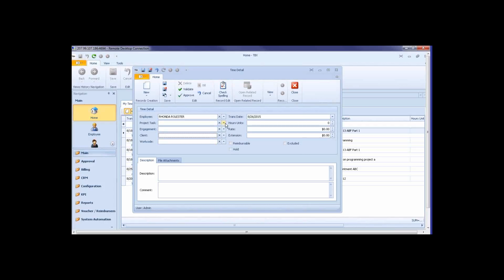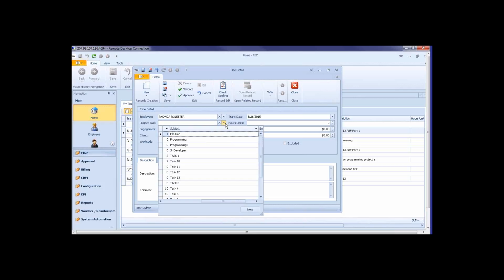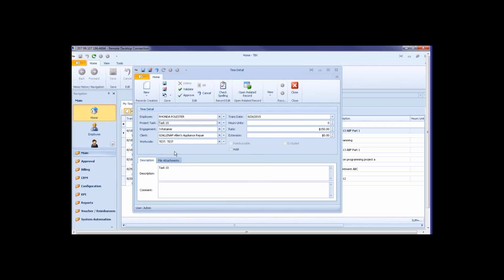And what Project Task does is it is able to break up your individual engagements or work codes into smaller pieces. So if you have a project, say, that has 4 different stages of it that people might be logging time against, you can set these up as individual project tasks and be able to avoid a lot of rekeying information and duplication of information. Because what's nice about these is they're pre-programmed in. All we need to do is select a task, and it's going to auto-populate to its assigned engagements, clients, work codes, and rates. So all you really need to do at that point is go ahead, enter in an amount